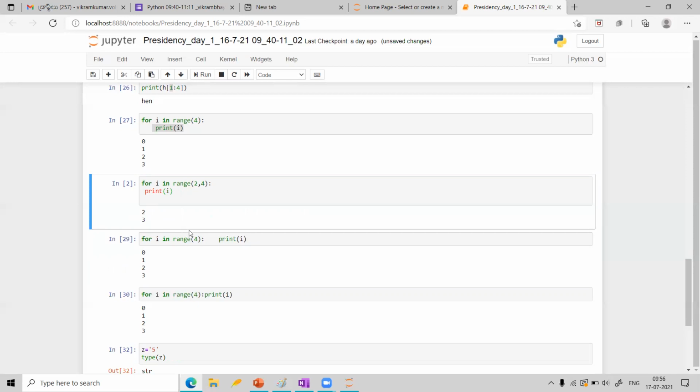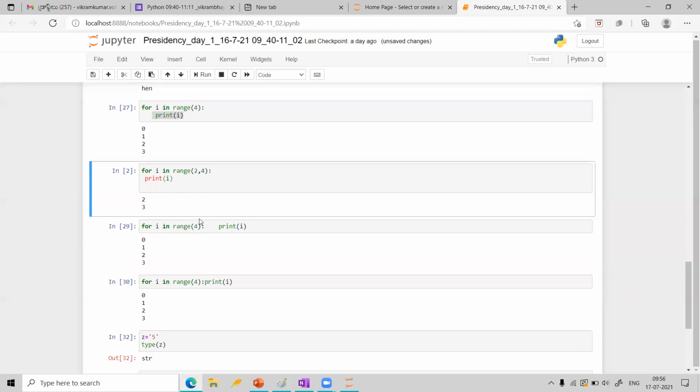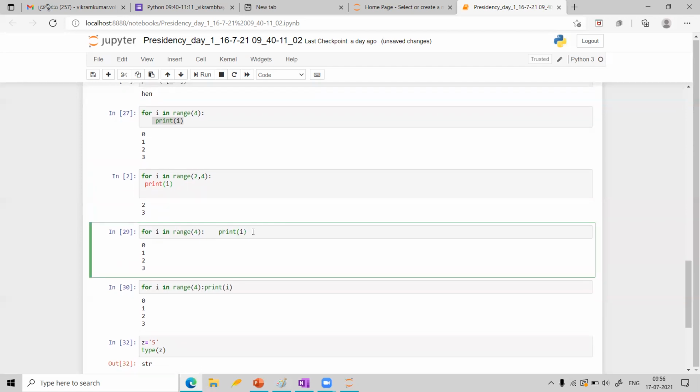Okay, right. But you can also see now, if you wanted to write in the same line, you can. So for example, I'm writing the two commands in the same line. Let us check whether this is going to give an answer or not.